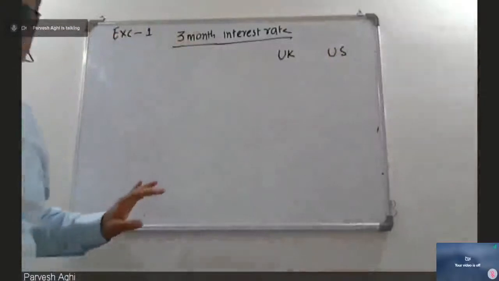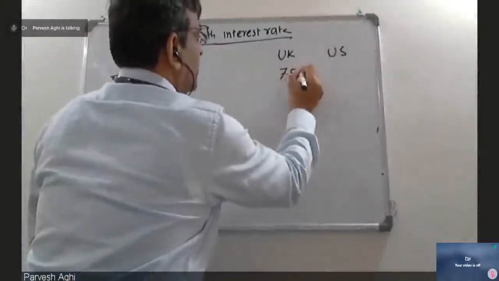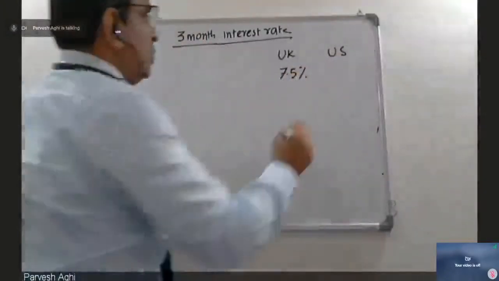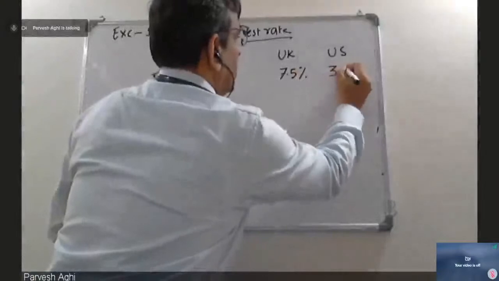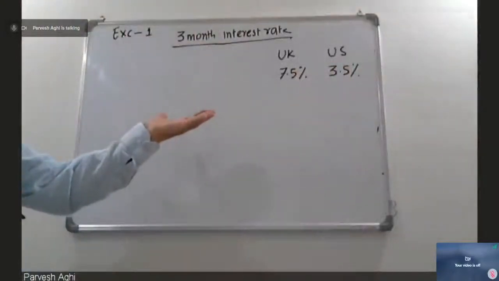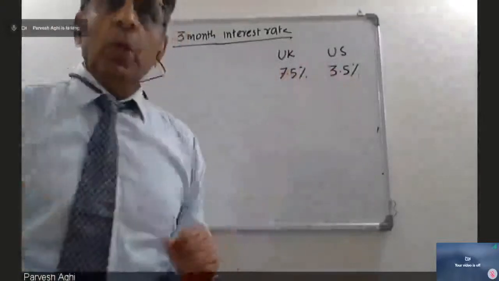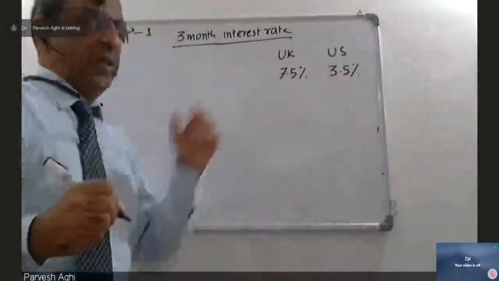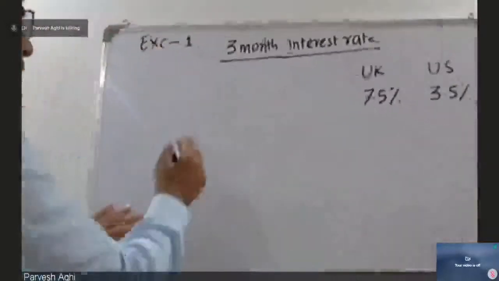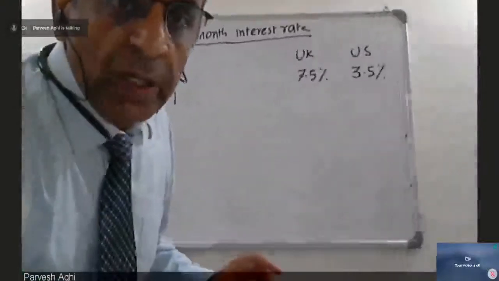So in UK, it is 7.5%, and in US it is given 3.5%. Now, according to you, which currency should trade at premium? The US should be trading at premium because it is having a lower interest rate, and in UK the interest rate is 7.5%. So, okay, he's not asking that, but it is given that the rate is that $1